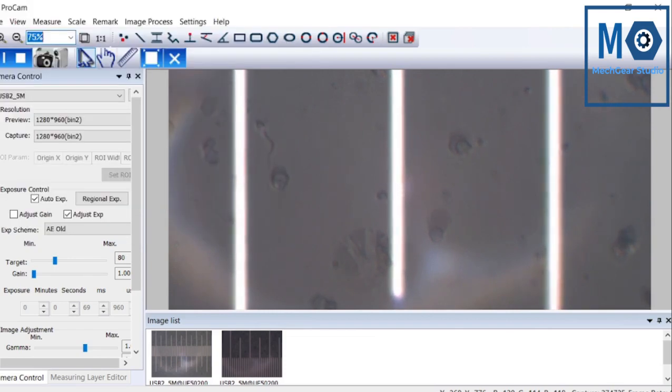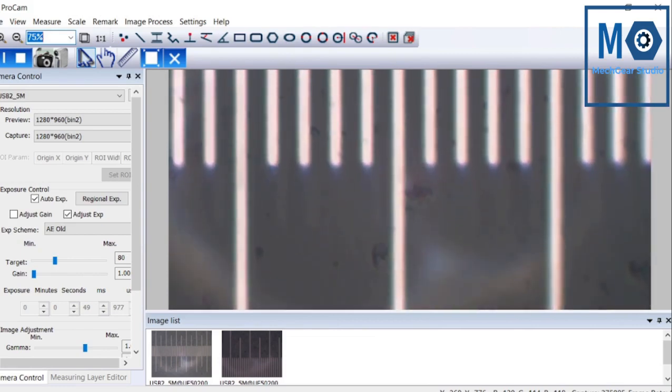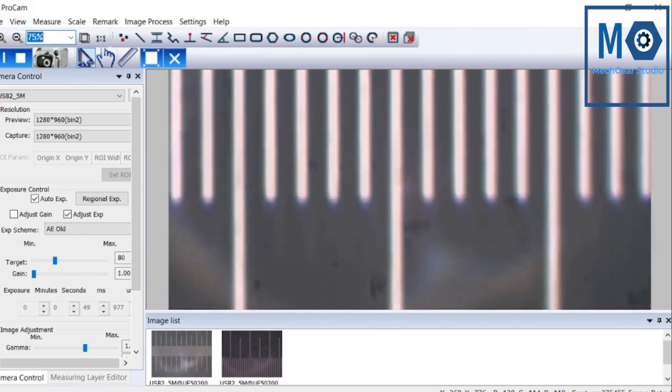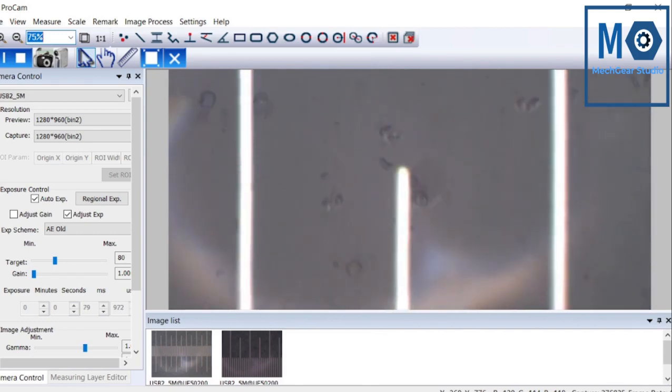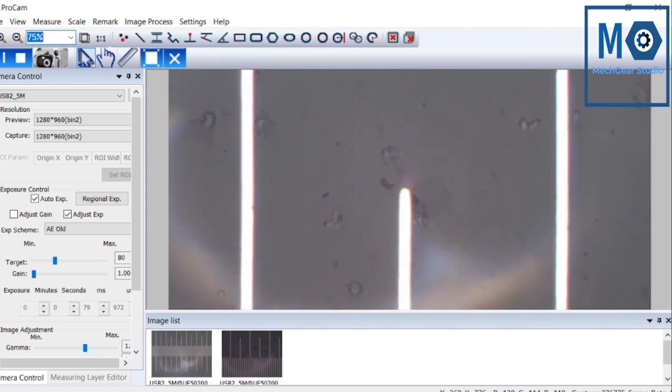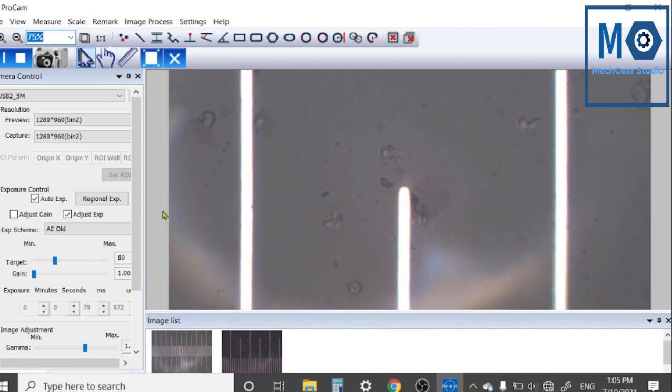Now we can say at 400x only one large division is available. Only 100 micron is visible. You can see the magnification in the line thickness of the scale.